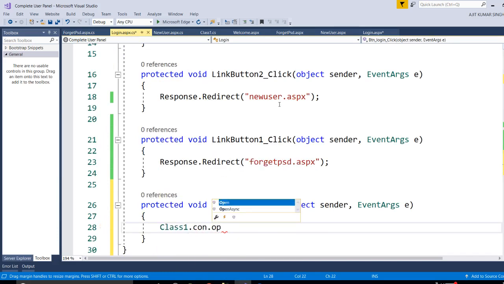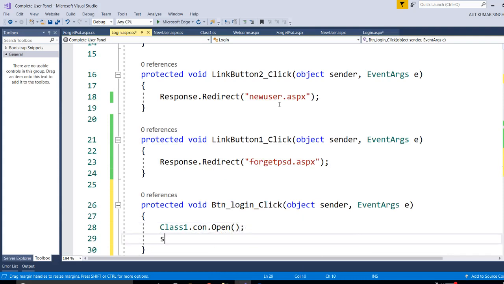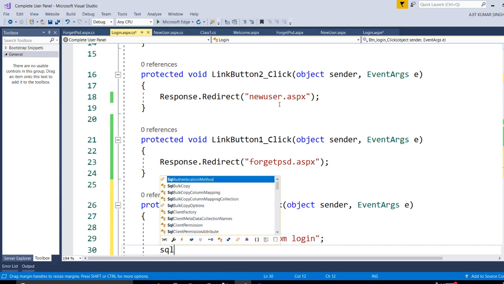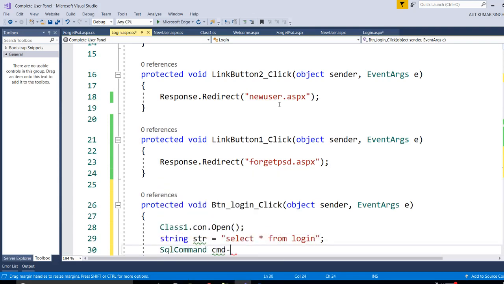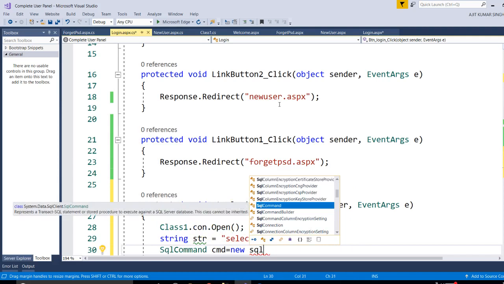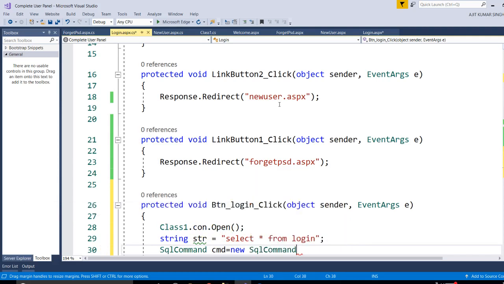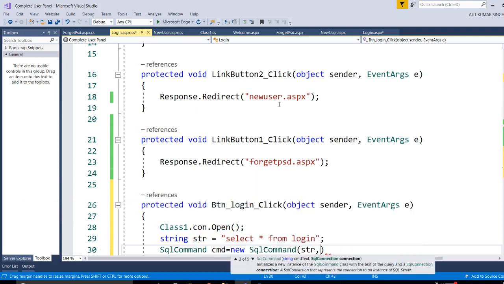Class1.con.Open. String str equals select star from login. Need a command, SqlCommand cmd equals new SqlCommand, pass the parameter str,